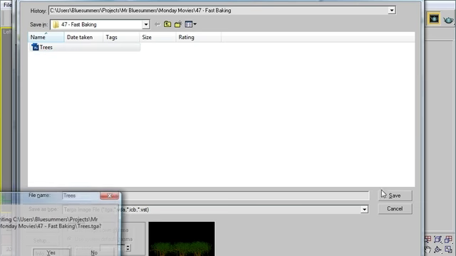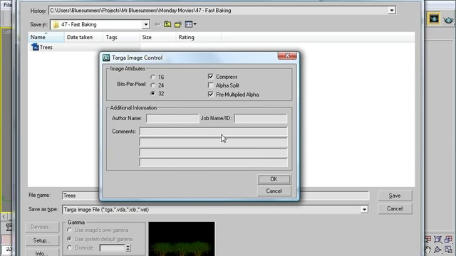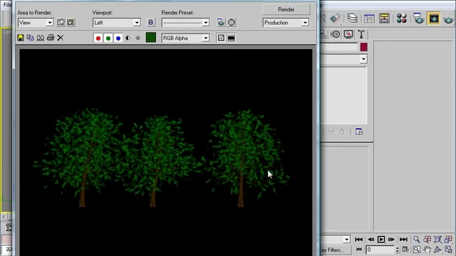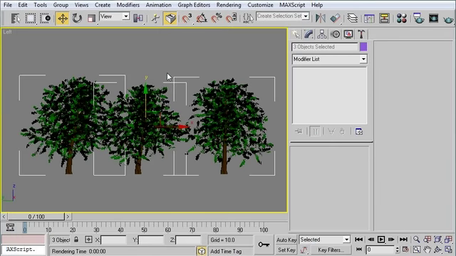So save it out as trees. Click OK. As for these parameters for the Targa image control, just leave them at their defaults. We don't need to set anything here. So click OK. Great, we got what we needed. So I'm going to delete these trees,